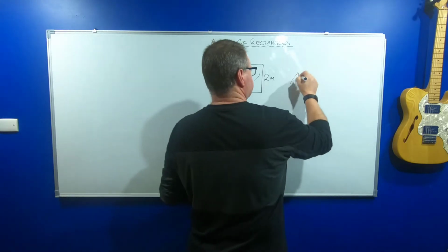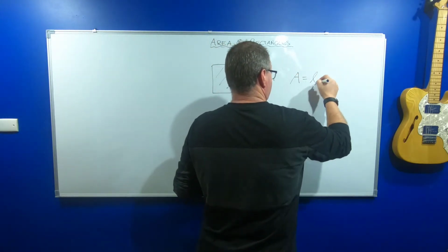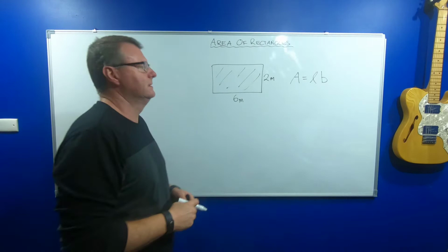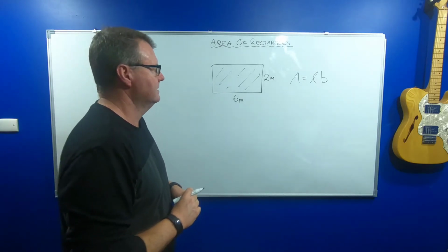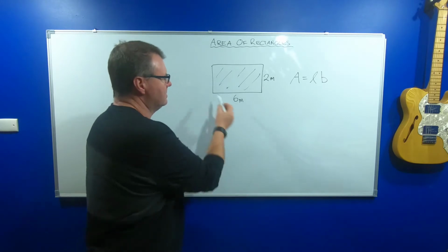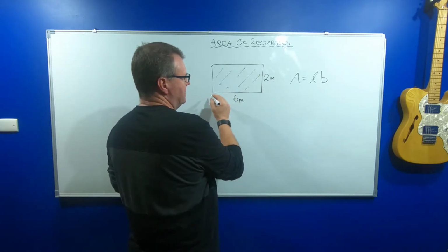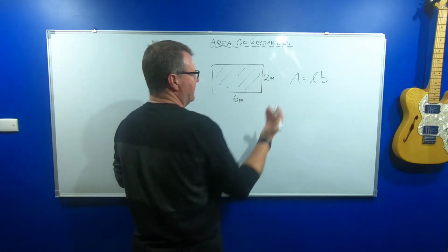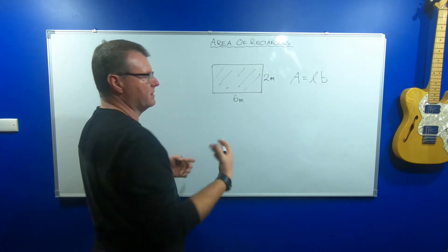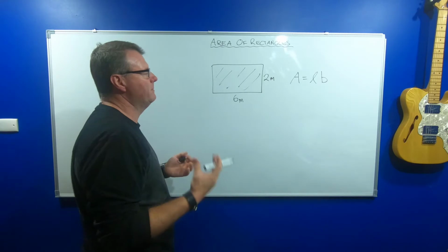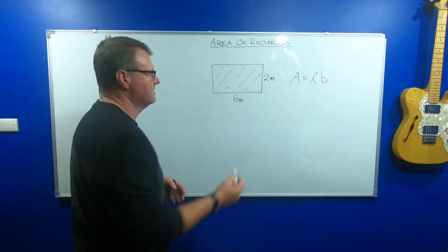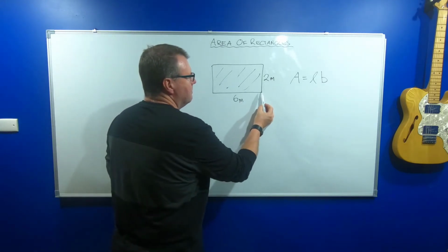Our formula, area, equals length times breadth, so L times B. Okay, so L and B are just the two sides. So let's call this L and this B. It doesn't matter if we call this L and this B, because when we multiply them together, it doesn't matter what order we multiply. So all we're basically saying for squares and rectangles, take one side, multiply it by the